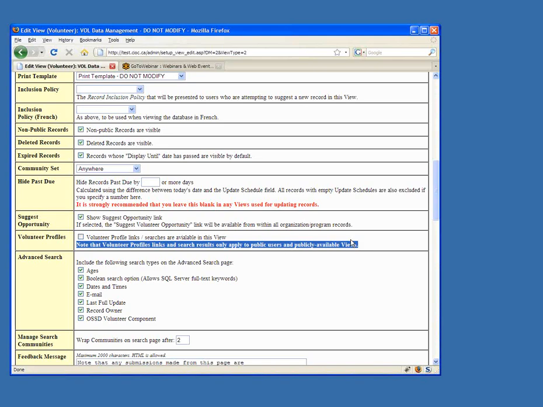And until we have sufficient volunteers to go through what will probably be a multi-week testing process, we won't allow anyone to turn the volunteer profiles on in their database. And once they're turned on, they're on, and we wouldn't turn them back off again. You can decide on an individual basis per view if you want to turn them on and off, so you would want to be sure that you wanted to use them before we turn them on. But for now, everyone will get them turned off, and when we're confident that they're in a state that is fit for the public to use, we will slowly allow people to request that the volunteer profiles be turned on. I'm not going to get any more into profiles because we will cover them later,